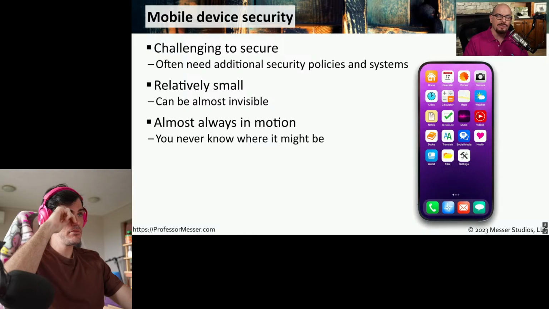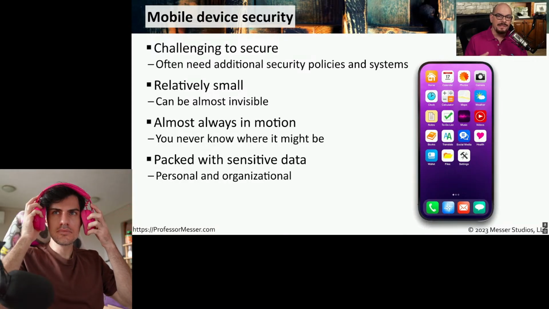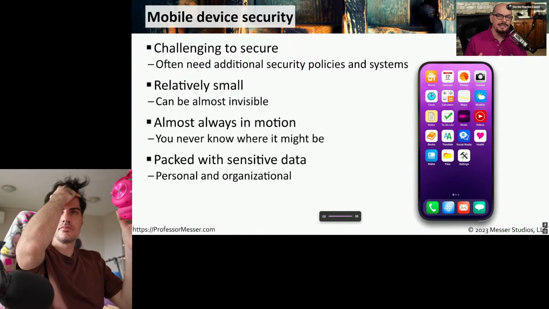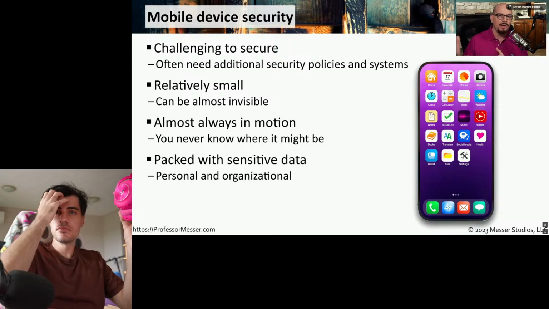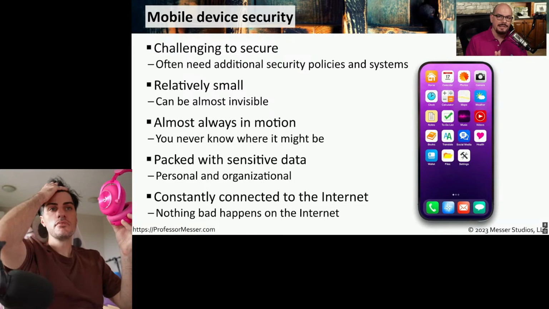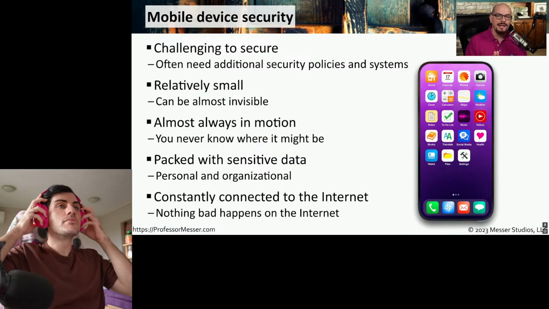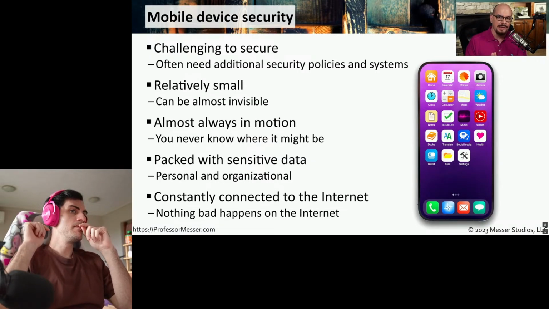It can be difficult to manage something when you're not quite sure where it happens to be at any point in time. And these small, invisible, constantly moving devices have sensitive information on them, not only at a personal level, but for the organization as well. And because these are devices that are constantly connected to the internet, it's possible that anyone in the world might be able to access this device remotely.